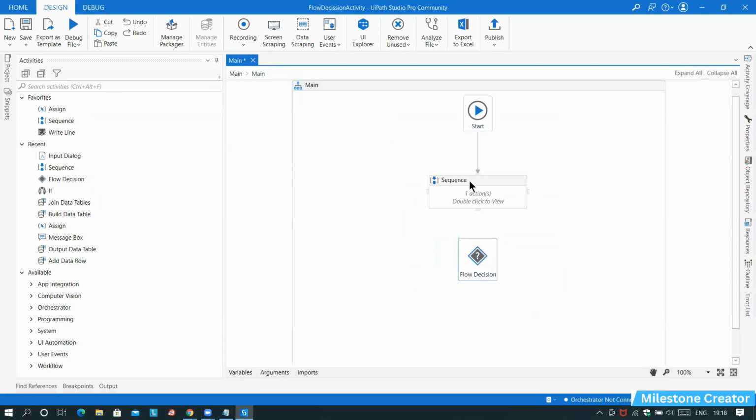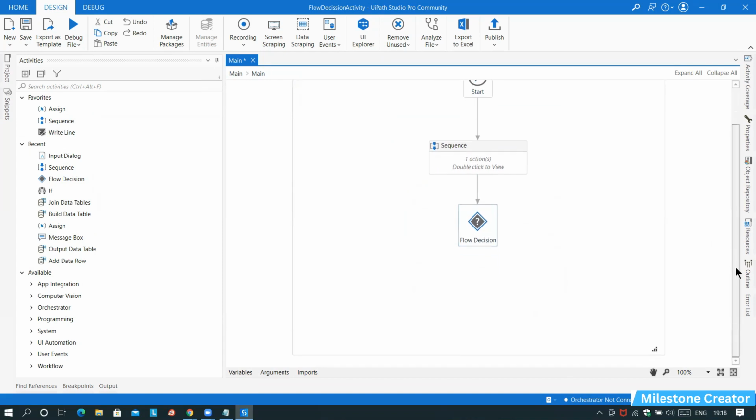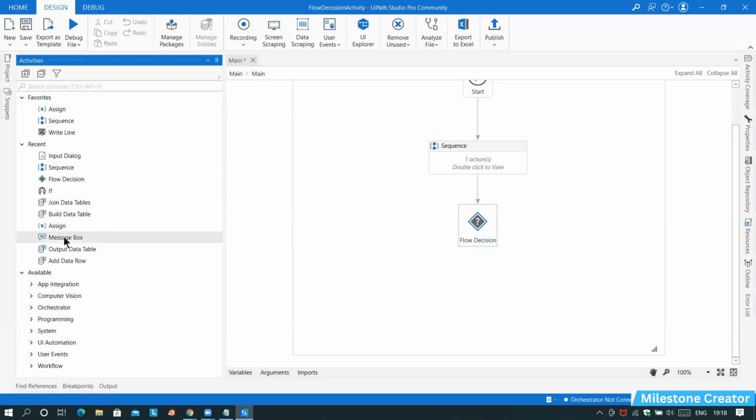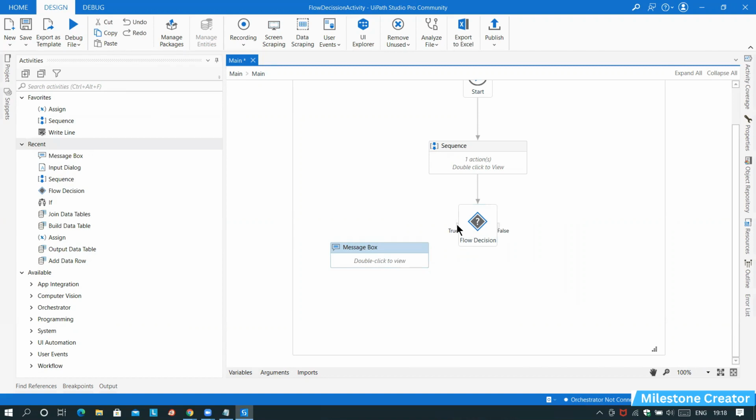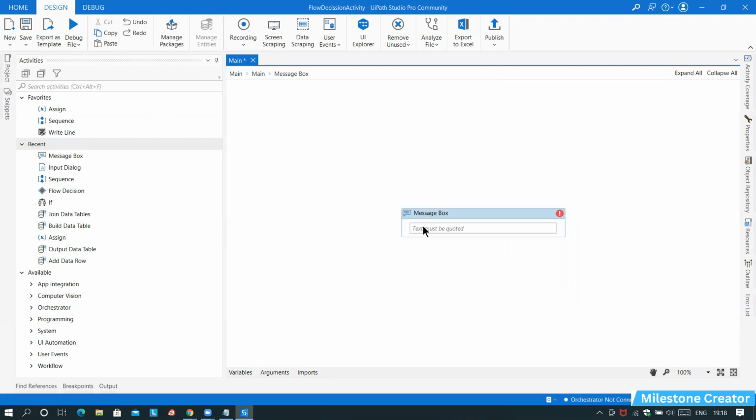I will connect this sequence to this flow decision activity. This flow decision activity contains the directions, either true or false. In the two directions, I will take two message boxes. Once the condition is true, go in this direction. And here, I simply want to display the message